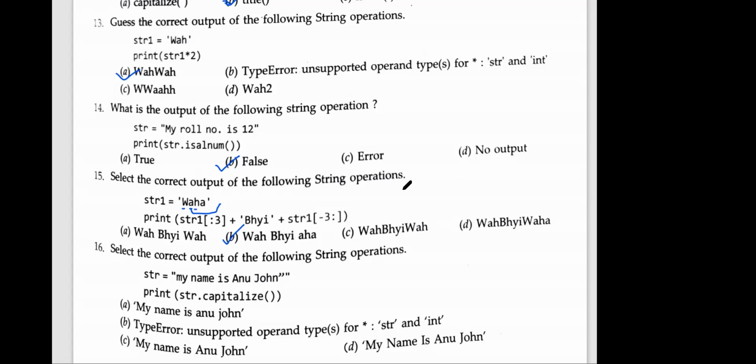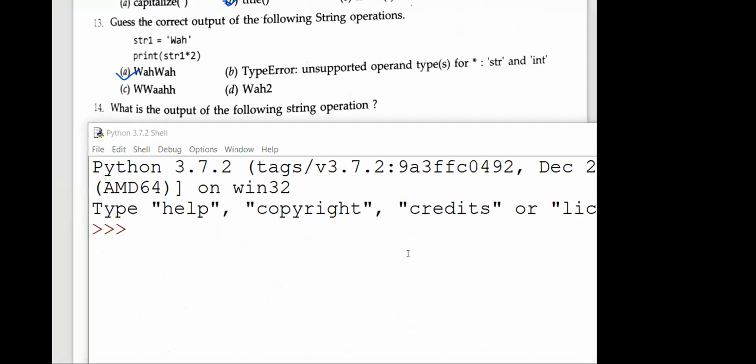How did this space come? Actually, they should not give this space also. Okay, this should not give space also. Like when we are executing, at that time we are not even getting space. And otherwise, then we have to say none of these.